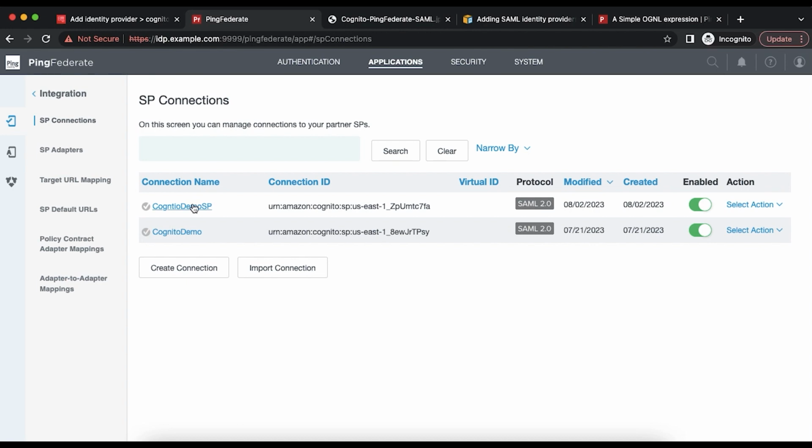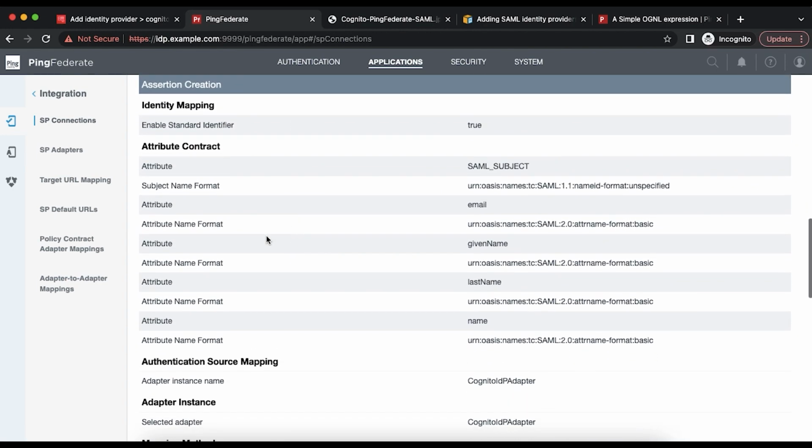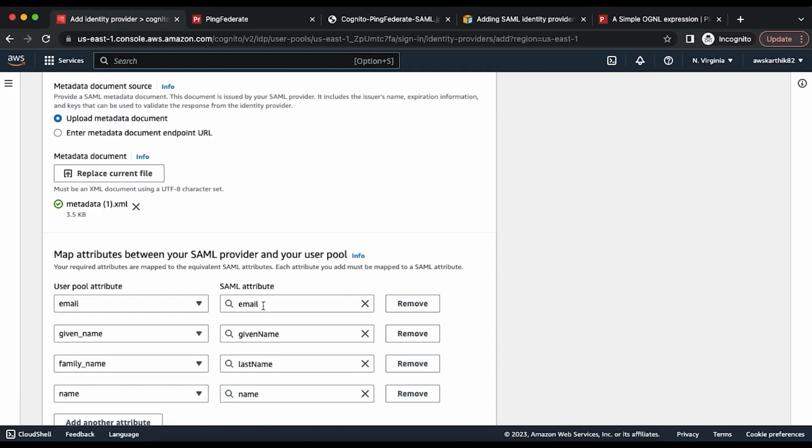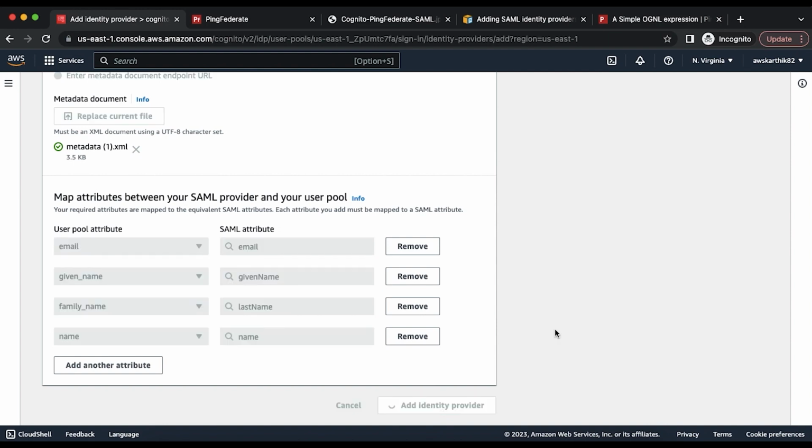So if you remember this connection, we actually configured these attributes: email, given name, last name, and name. So we are actually mapping those attributes to the local user profile attributes in the Cognito user pool. So once this is done, you can click add,